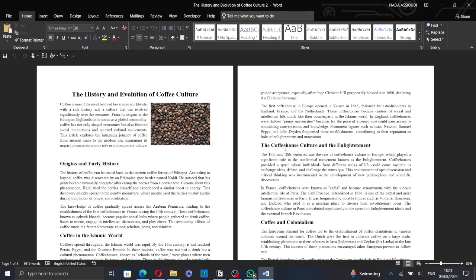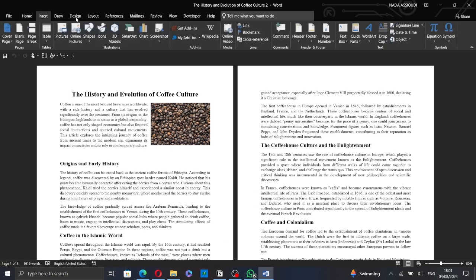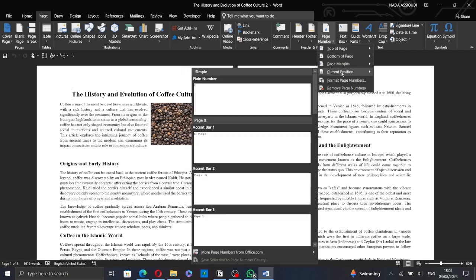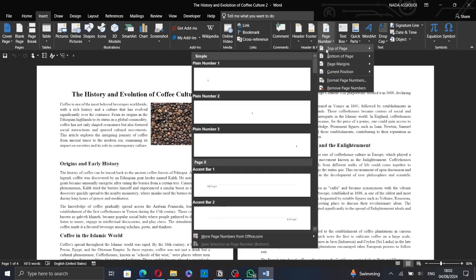In today's video, I will show you how to get automatic page numbers on Microsoft Word. So first open your Word document, then go to the Insert tab, select page numbers from the header and footer group, then select top of page, bottom of page, page margins, or current position. So let's select top of page